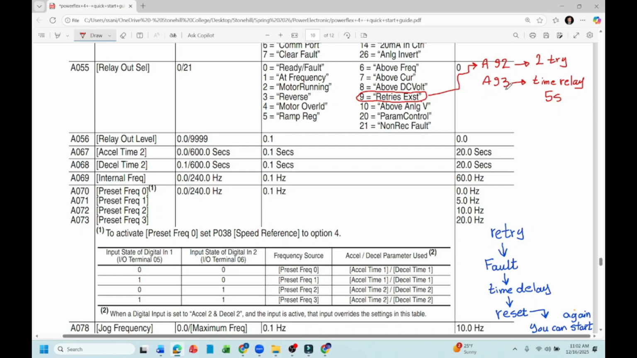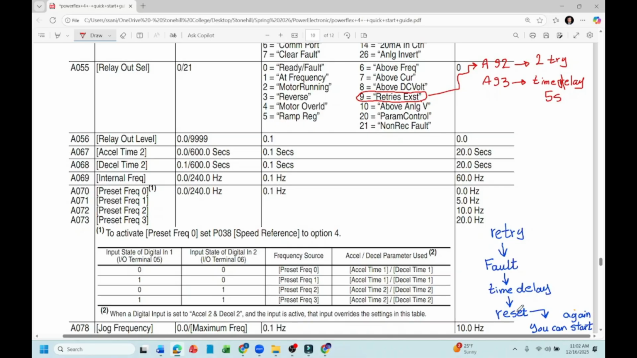With A93, we set the time delay. This tells after each fault how much delay you want to have before it resets everything. Let's give this 5 seconds. If we give A055 on 9, A92 on 2, and A93 on 5, this is what happens. Whenever you face the fault, the VFD waits for 5 seconds, then resets everything,